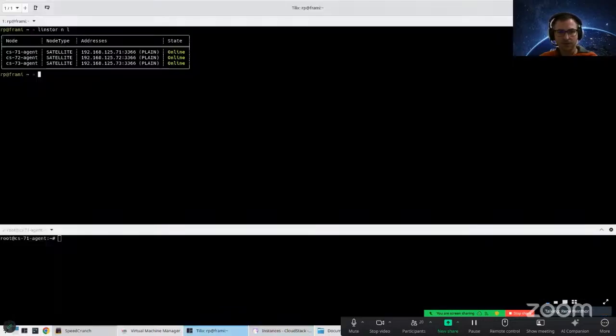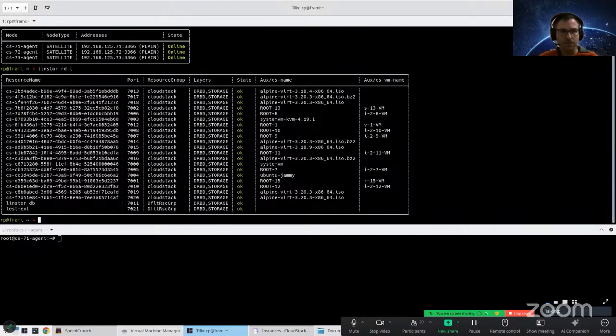I can also show you how it looks in LINSTOR. So we have our 3 host nodes here entered. And here are basically the resources of the cluster, or the volumes. So we have all the root volumes for the instance virtual machines, and also for the system VMs, and the templates I tested the last few months for different features. What's special about this cluster is it runs a development version of LINSTOR,